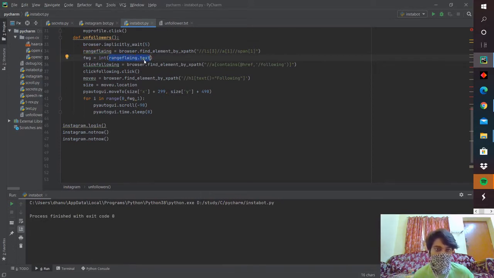Dot text actually changes it into a normal text, but we need to use int for the for loops. So I'm using it here, right? So we need to use int in the for loop. So I'm just converting the text into an int, and I'm feeding it into the for loop. So the next step is